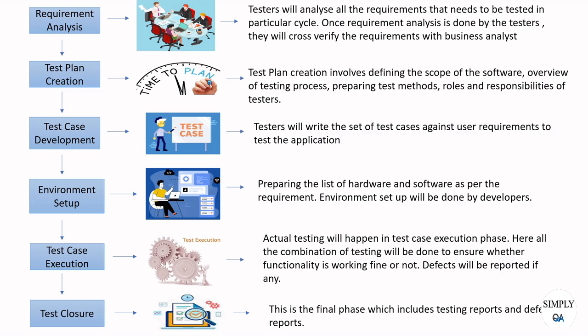They will give a kind of test execution report which consists of the list of test cases they have performed, the list of functionality they have covered, and the various types of testing methods they have used in this particular application. And also they will provide the defect reports if any. For example, if they have found any defect in the test execution phase, they will mention those defects and they will provide the defect report also. So this test closure phase is a kind of acknowledgement phase where the testers will sign off that testing is